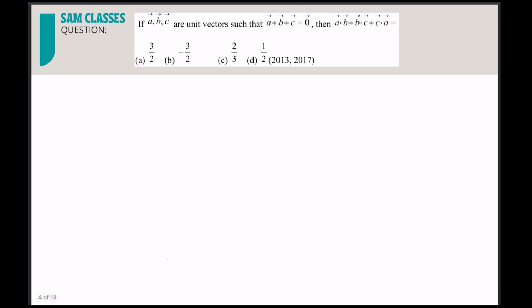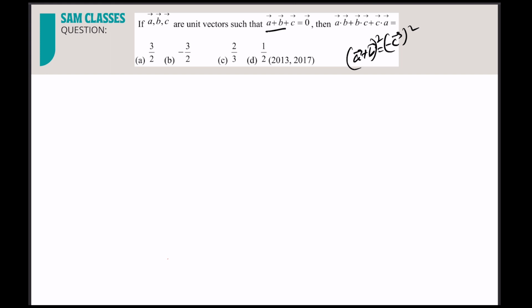Let's see the next question. A, B, C are unit vectors. Now, this kind of question you need to understand. We won't be solving it fully, but we need to solve a bit about it. Okay, what we need to solve and the way how to do it. In all the questions, it is the same. Two vectors you take on one side, one vector you send to that side. So what you'll get, a vector plus b vector equal to minus of c vector. Square it. The moment you square this, you'll get the whole thing.